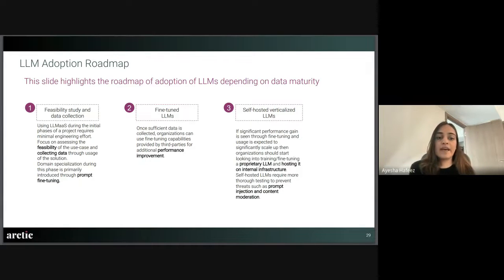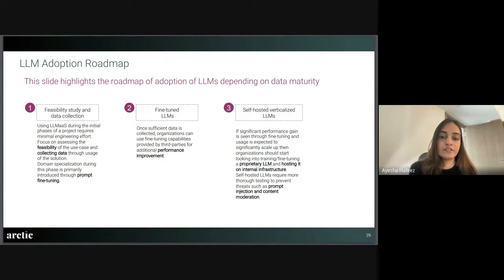So for this current case study, it was a feasibility study, and our main focus was data collection through the usage. So we mainly focused on prompt fine-tuning, but our roadmap for this specific client is to collect sufficient data and then fine-tune either an open source model or a proprietary LLM offered as a service for performance improvement in the domain. Eventually, we do want to self-host a verticalized LLM